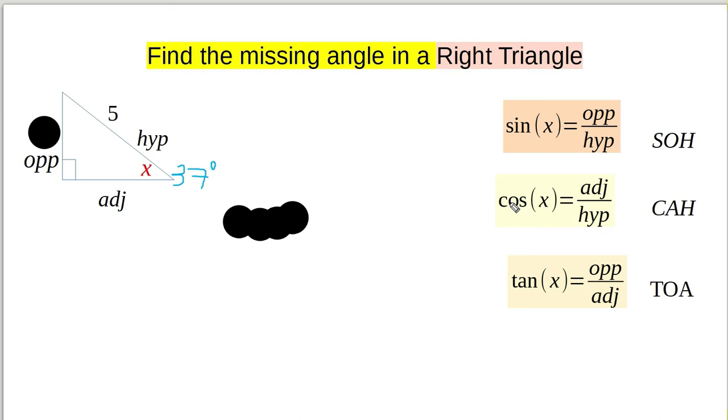Now the question is we have to find the adjacent side. So the formula that contains the adjacent side is the cosine. So we would use the cosine instead of the sine. So now let's go on and solve for the length of the adjacent side. The same thing, we start with cos. We know x is 37, so we write cos 37